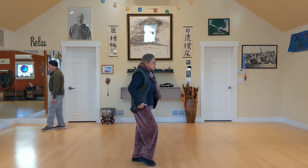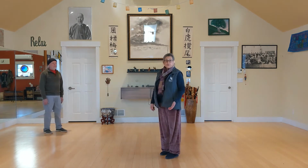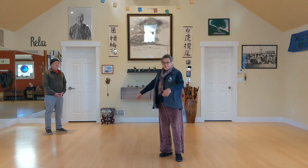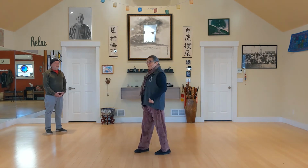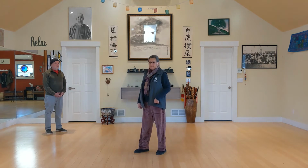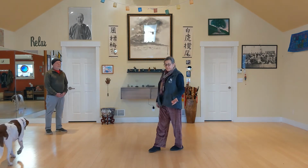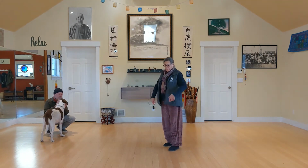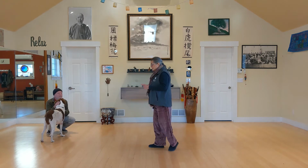And now you want to see how it plays out in the form when we're stepping. That's a good place to start looking at it rather than trying to find it. It's in the leg that isn't stepping too, but let's start with the stepping foot. So let's do single whip, because that's the big step that we were just talking about, and it gives us some challenge in letting the foot be the end of the chain that the whole body is involved with. So just to go over it here,